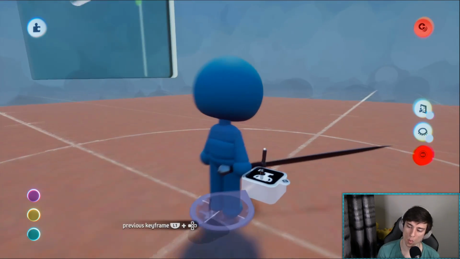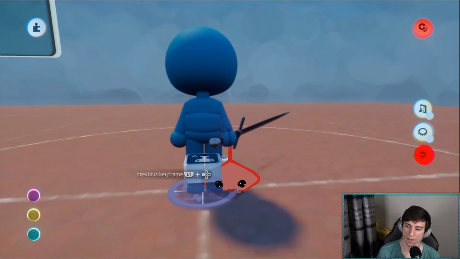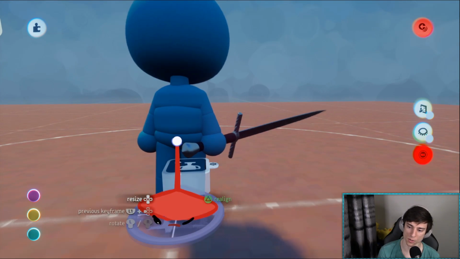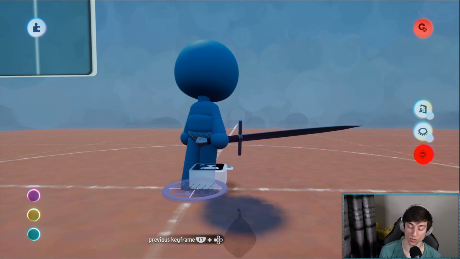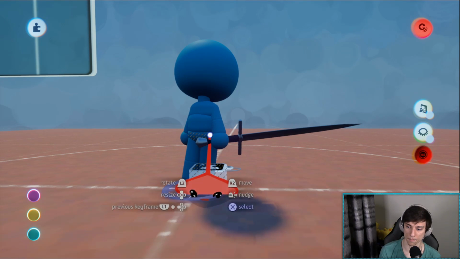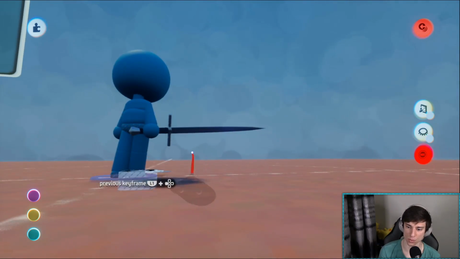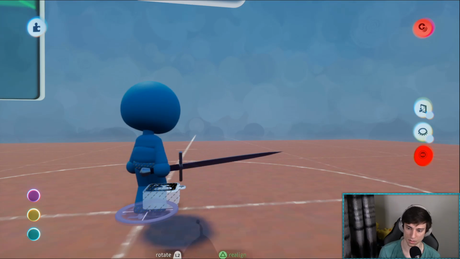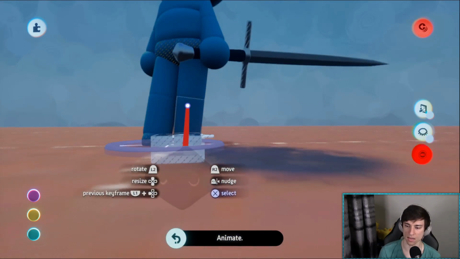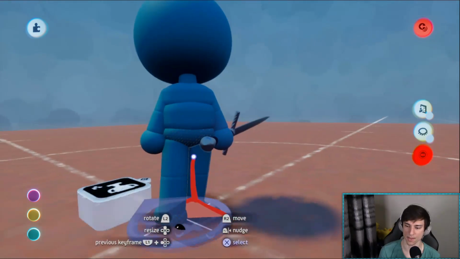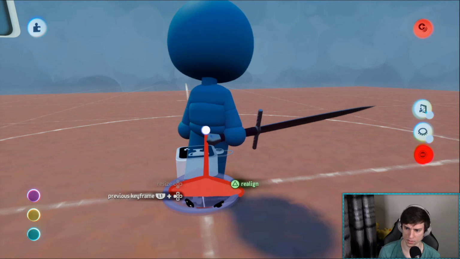I think the wind up is going to, yeah. So the wind up is going to turn. We're going to turn the body a little bit, and all of these animations, I'm holding L2 and then moving with the joystick. I'm not using the R2, which is the movement animation. I'm using the L2, which is the rotation animation, and we get a lot smoother animations from that. So the wind up, we're going to rotate the body,